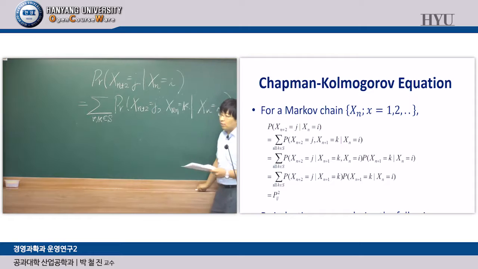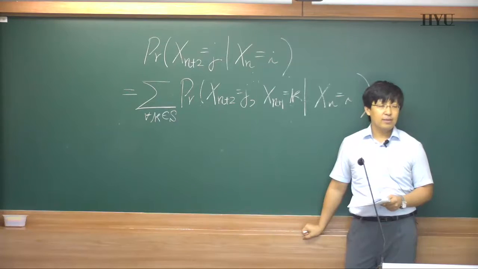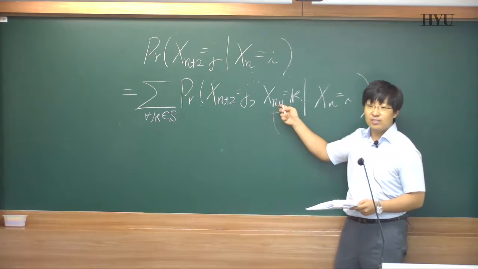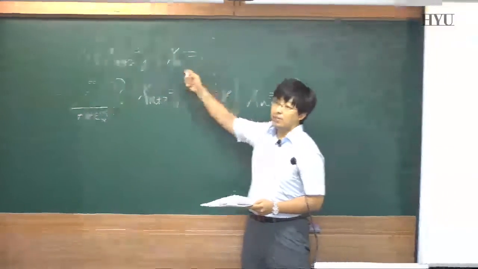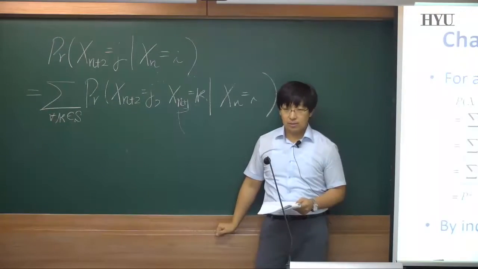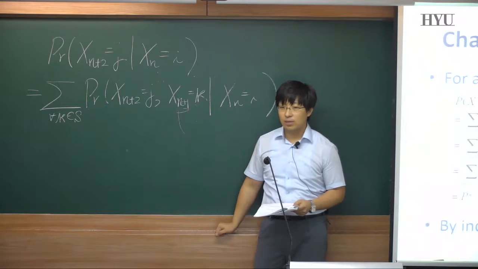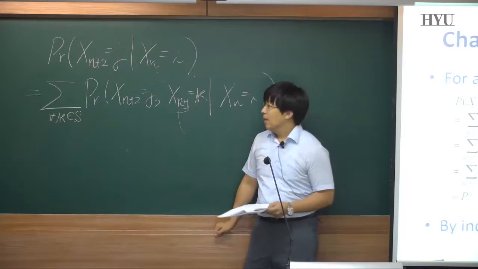We call this the law of total probability. Okay? Even though we consider an additional event to calculate the probability, when we sum over all possible values of the additional event, then this probability is the same as the original probability. Okay? The law of total probability. And then